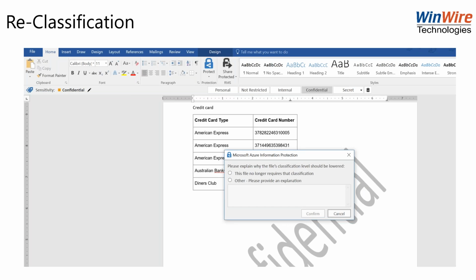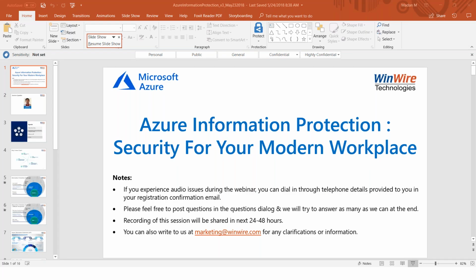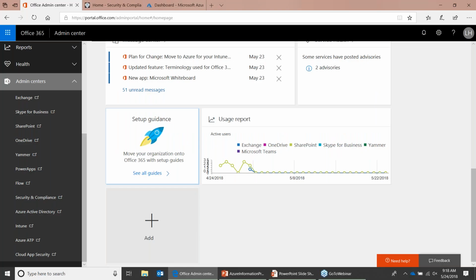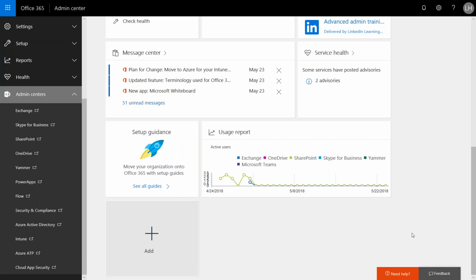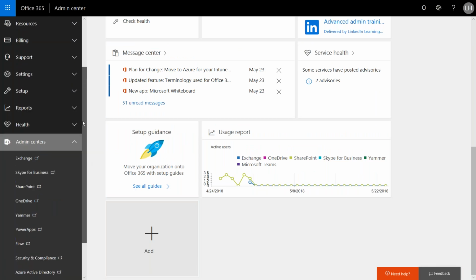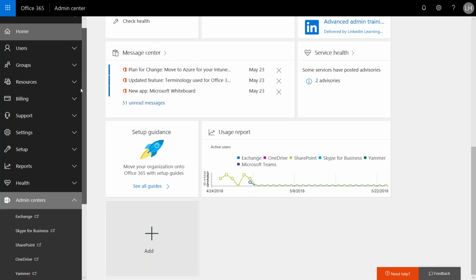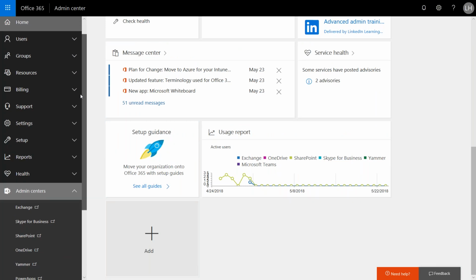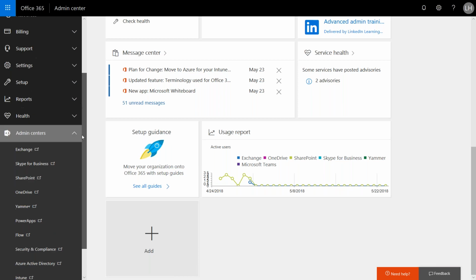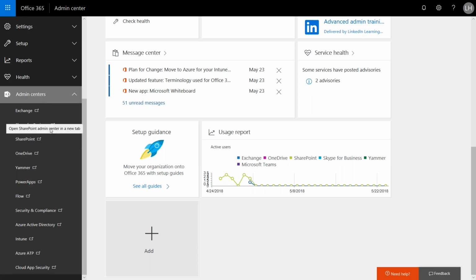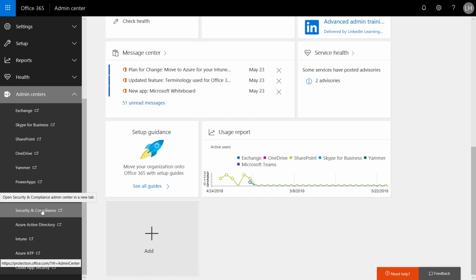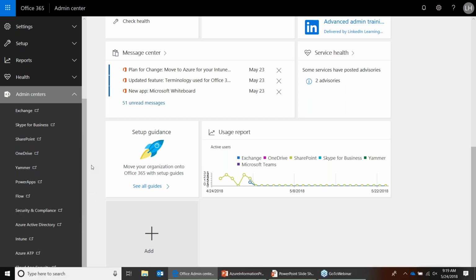So some of you will be familiar with this, some of you may not. It actually doesn't matter. I'm going to quickly cover all of it. This is the Office 365 admin portal where you have the user group, Azure Active Directory management and all of that. Then we have the individual admin centers for SharePoint, Exchange, and we also have the security and compliance center, right? And some of you may be familiar, some of you may not. So I'm just going to cover.